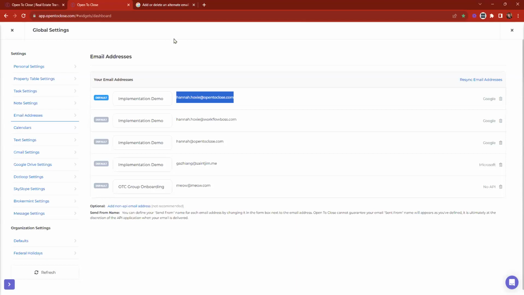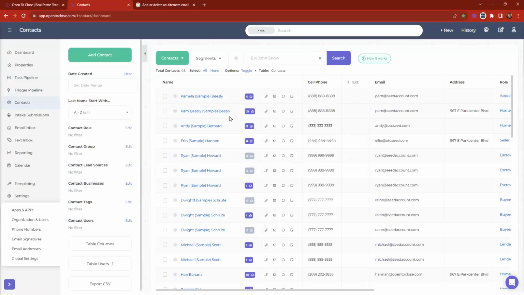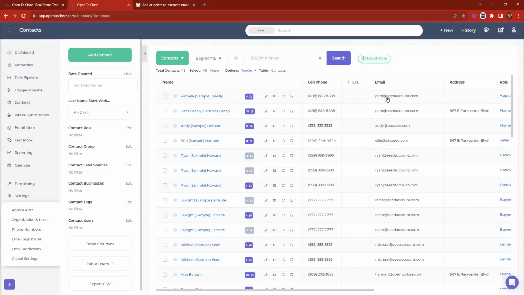example. If you're referring to different emails for different agents, as in different emails for the contacts themselves, you can technically have more than one version of that same contact. So here I've got a Pamela and a Pam Beasley. They're the same person, but they're different. Let's say here we needed to update that email to something different. I would just make sure that we have some way of knowing that it's a different email, like possibly in Pam's name, it says Pamela for this one. So we know that the email is Pamela at Seed account versus Pam at Beasley, which is Pam at Seed